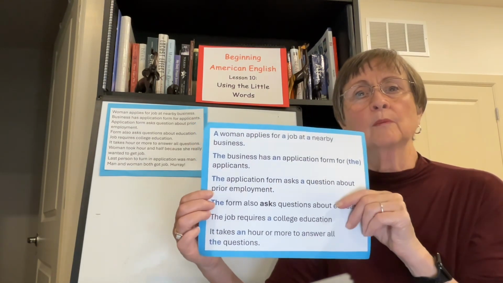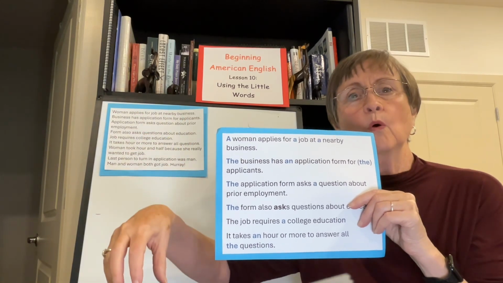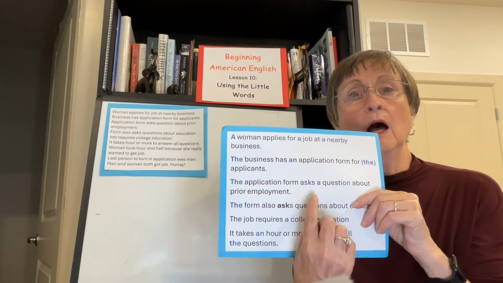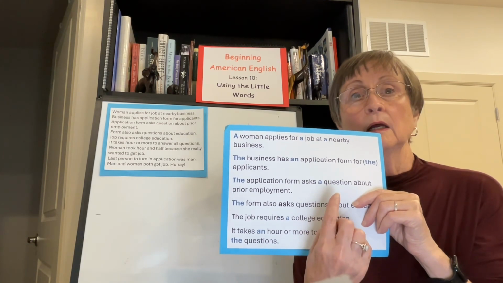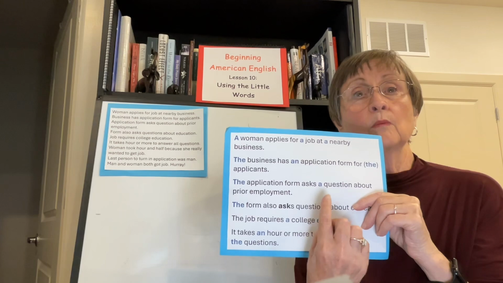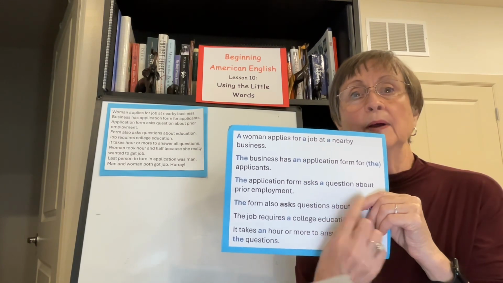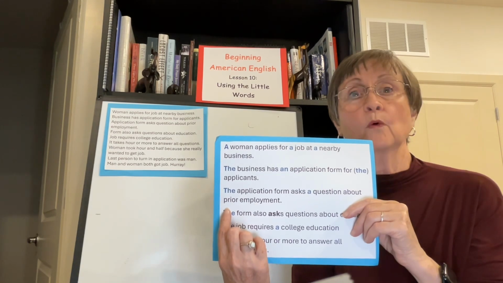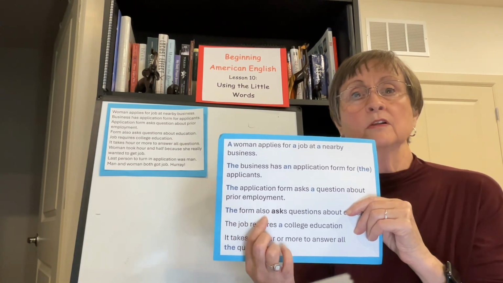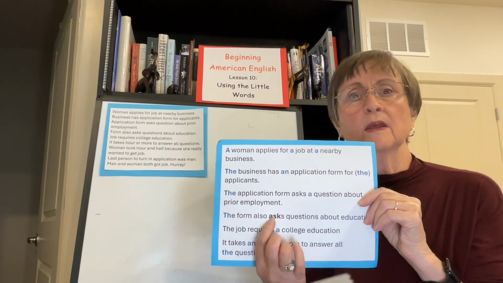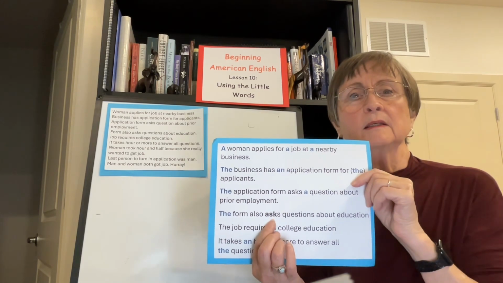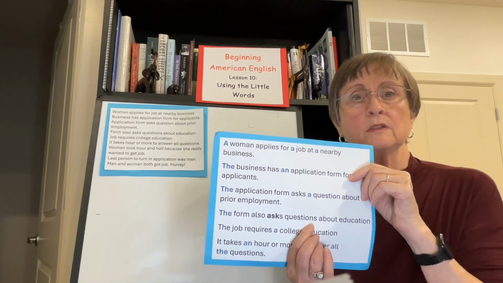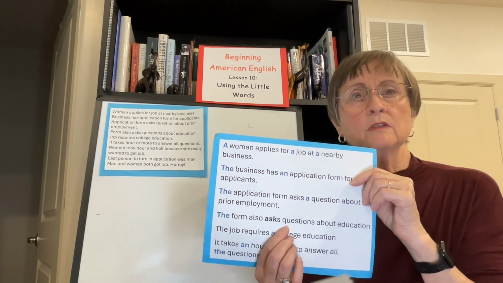The application form. Now I'm paying attention to the form. I'm looking at it. The application form asks a question. There are many questions on the form, but one of the questions, a question about prior employment. That means before now. What did you do before now? The form also asks, there's no reason why that's bolded. That's a mistake. Questions. It asks a lot of questions, and I don't have to say the questions, it's just